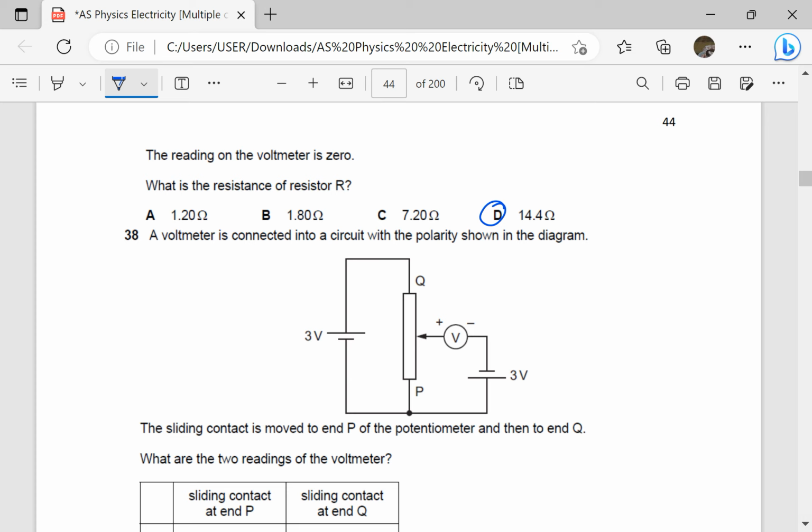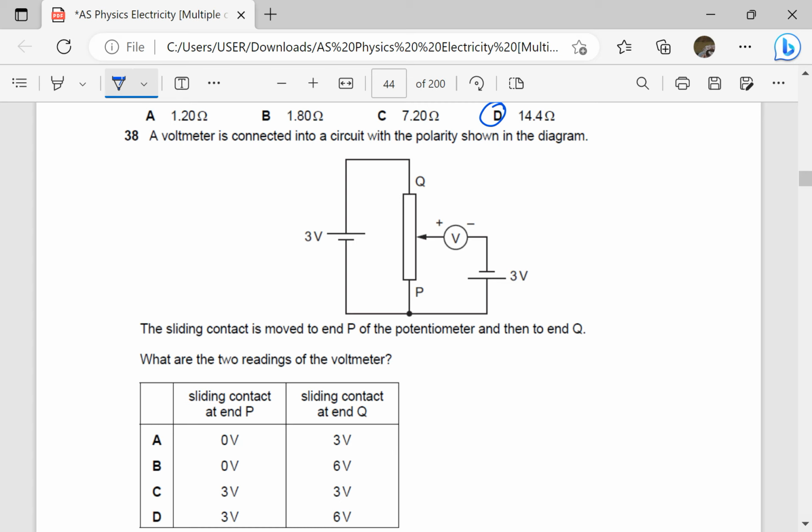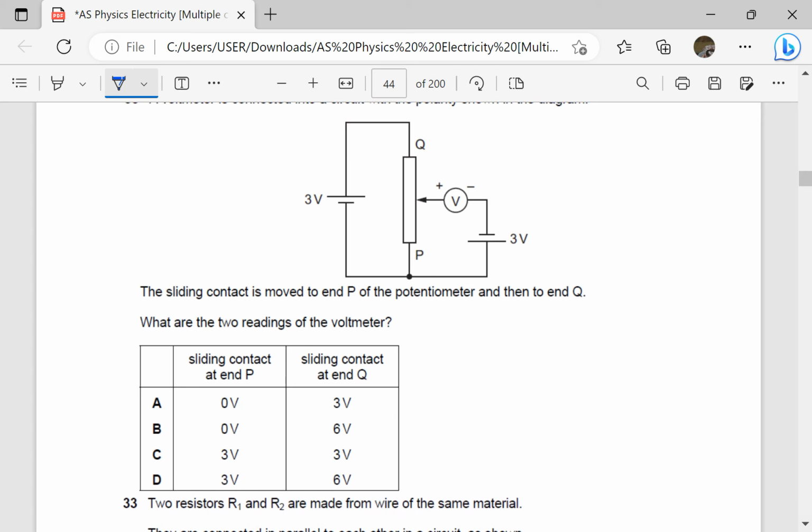A voltmeter is connected into a circuit with polarity shown in the diagram. The sliding contact is moved to end P of the potentiometer. That means if the sliding contact is moved to point P, there will be no potential difference. Voltmeter will be 0, so C and D have been cancelled out. Then the sliding contact is moved to Q. So if this is taken to Q, it means the voltmeter